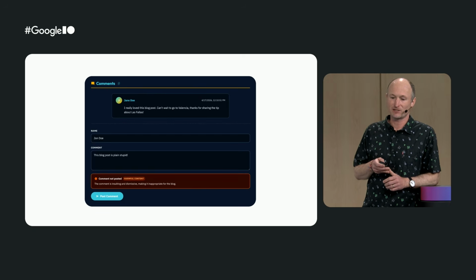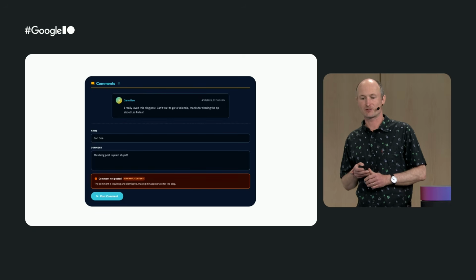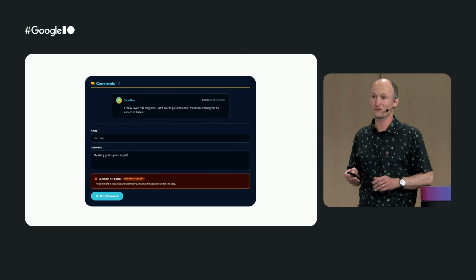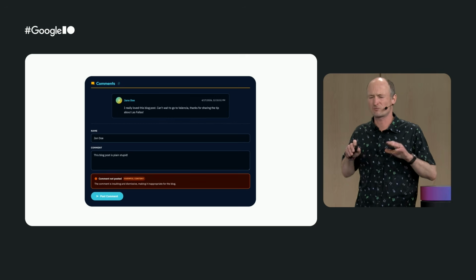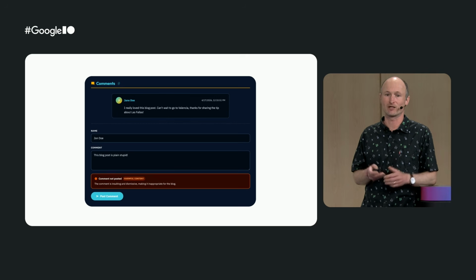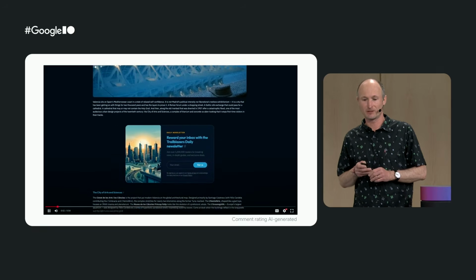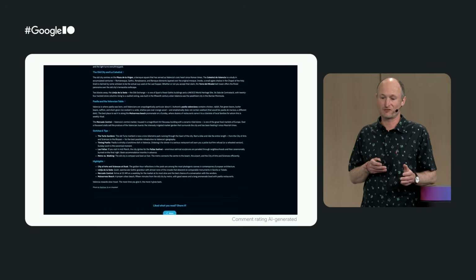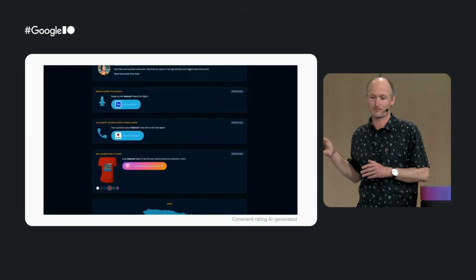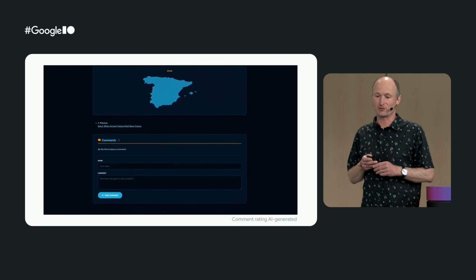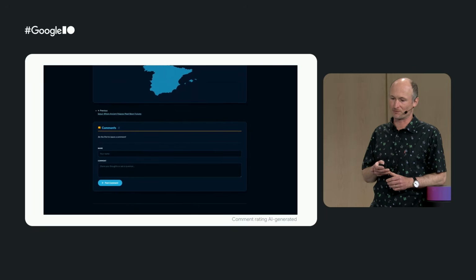This is why they decided to add a comment section to the blog post, but use AI to avoid harmful, disrespectful, or just plain illegal comments from showing up. When a possibly abusive comment is being posted, it's flagged and sent for manual moderation to the team. For this feature, they used a prompt API with structured output.